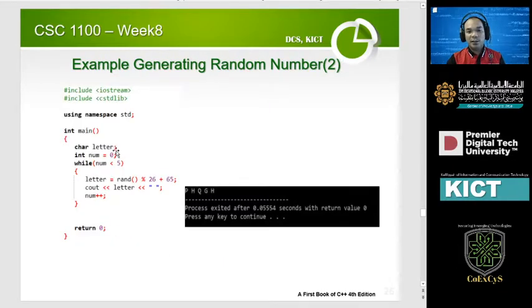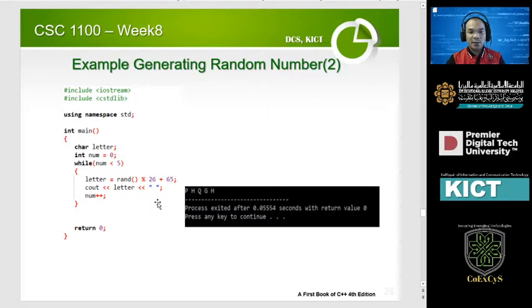Okay, let's look at this. Using namespace std here, and we include the two C standard libraries that we need. And calling rand here, which will output some random values from 26 characters.